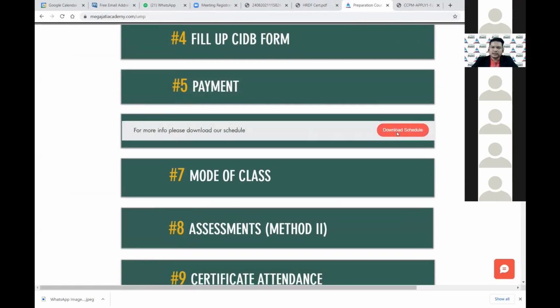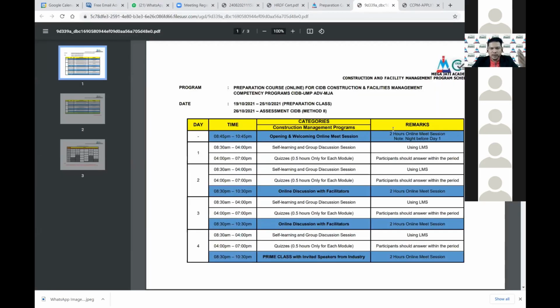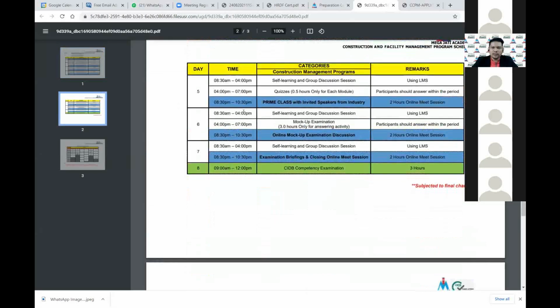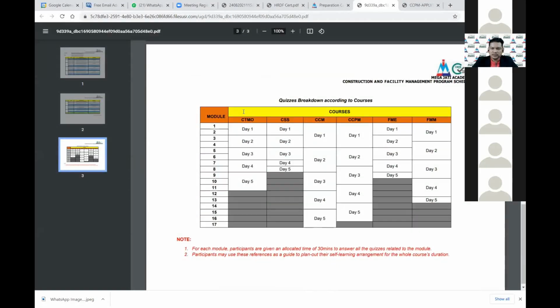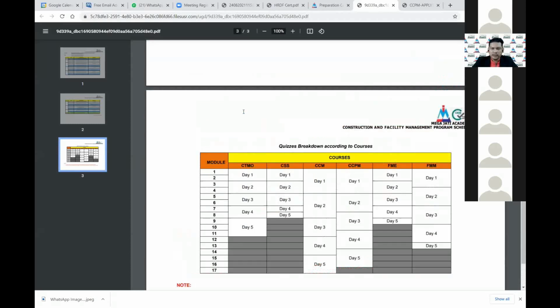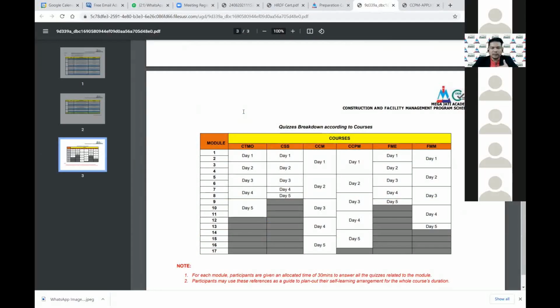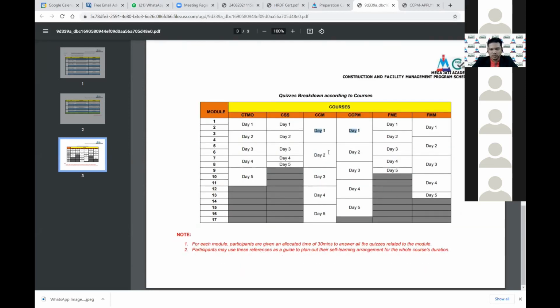Online classes, there is a schedule there also. You can check your schedule day 1 until, you put the date already here. The date is 19 September to 26th of October. Go straight away one by one, but every day is, to me, the same. If you go for this, we actually recommend you to complete module 1 up to module 4 in day 1 for CCPM because there are a lot of things to go through.